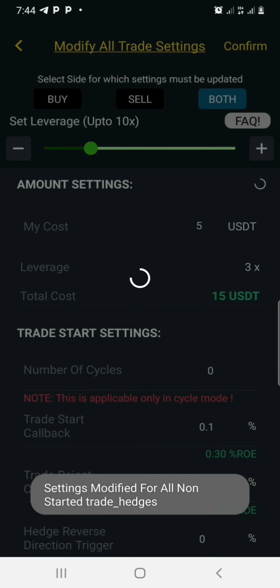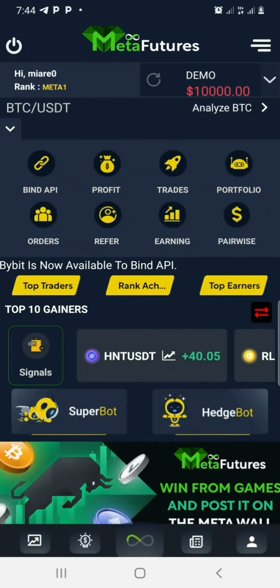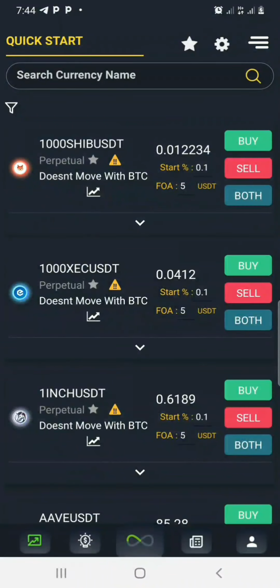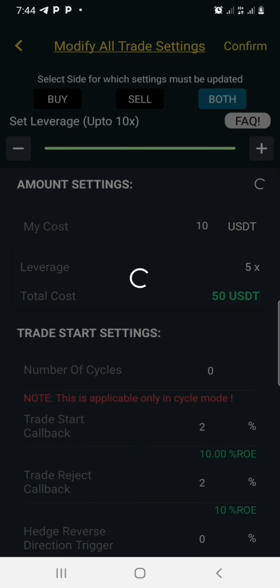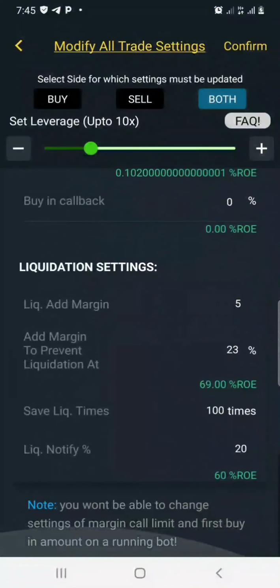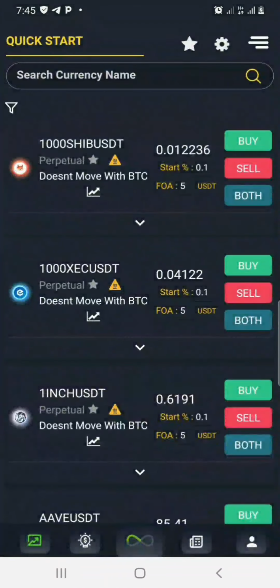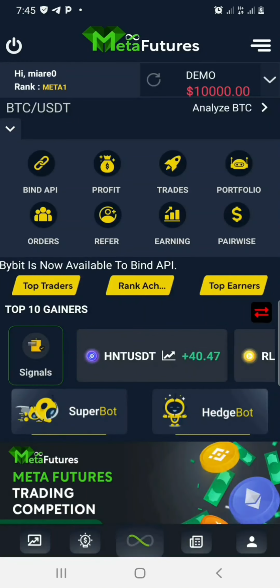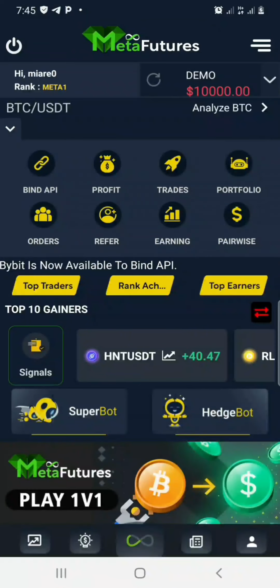So once we save this, we'll see that anytime we come to the master settings, the same settings apply. So this saves you from having to perform manual settings before every trade. So you see the settings still apply. Everything we set here is still there. Okay, so let's go into a trade. Let's go into our first trade. So let's look for